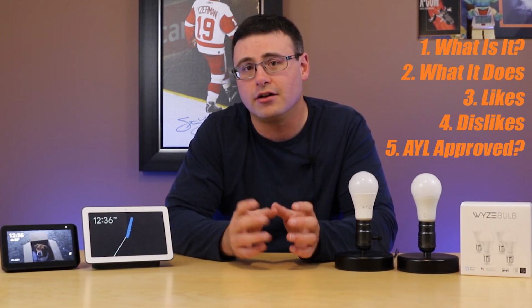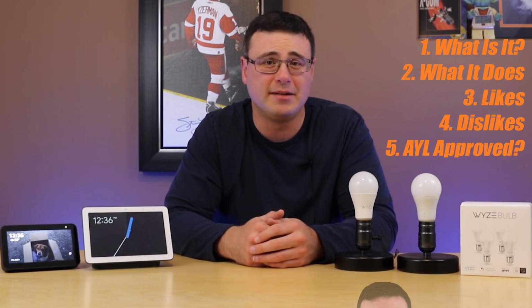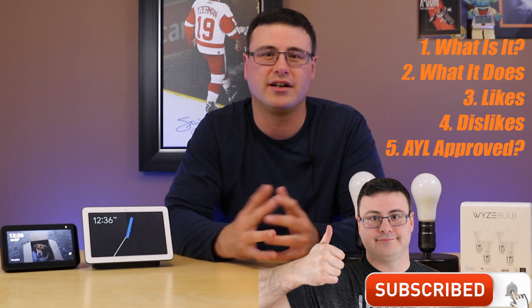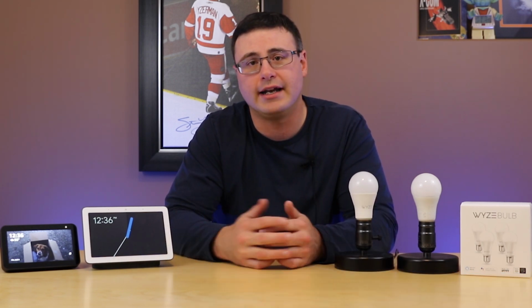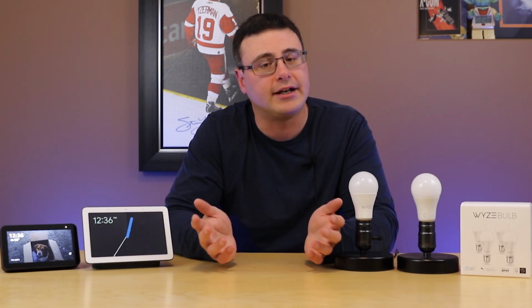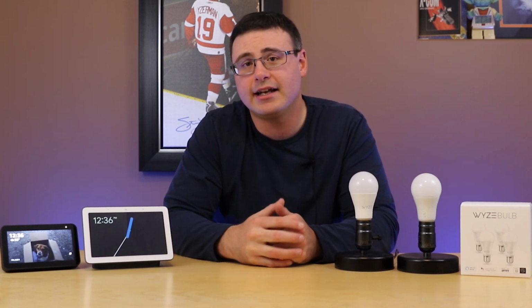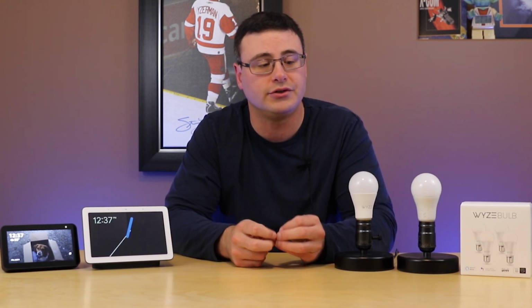This is an $8 smart Wi-Fi controllable bulb that really beats everything else on the market in terms of pricing, or most of your main choices out on the market right now. They look great, they work relatively well, and I truly believe the connectivity issues will get resolved here over time from Wyze. So yes, they get our seal of approval,